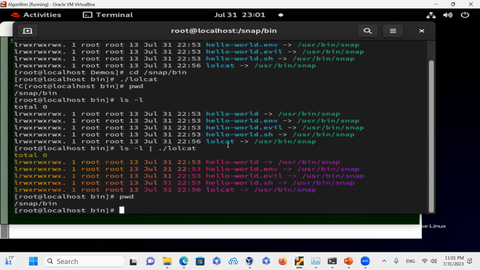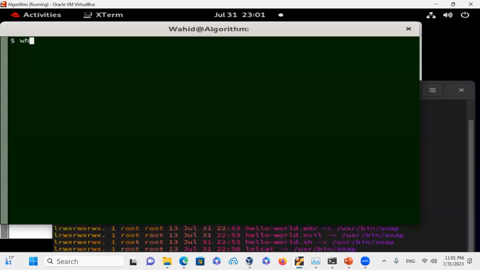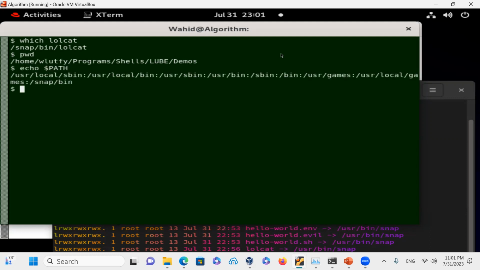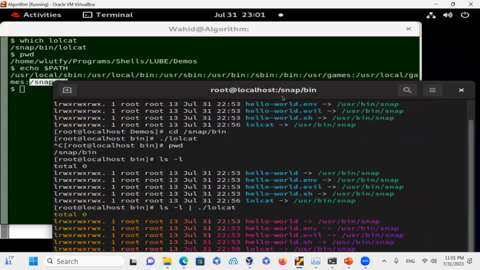/snap/bin. In order for me to make it work like the other one, because notice on the other one, if I go here, say which laugh out loud cat, it is under snap/bin, so I don't have to type in that path. It is gonna do it. echo $PATH, and then the user local game is there. Yeah, /bin snap is there. So here